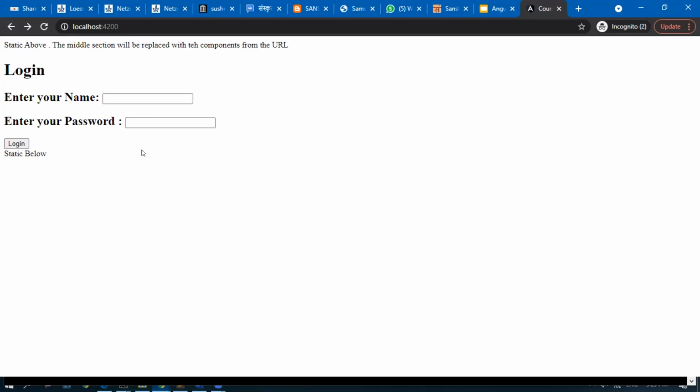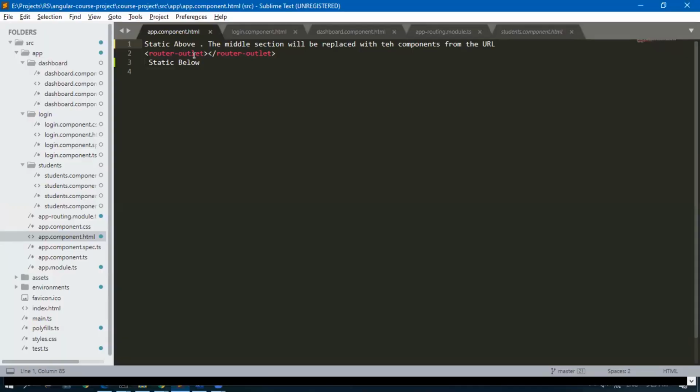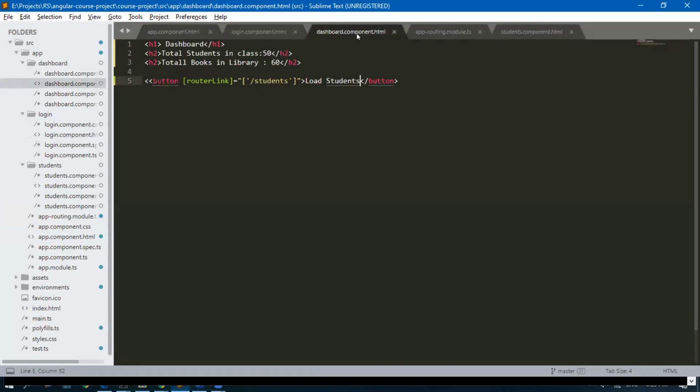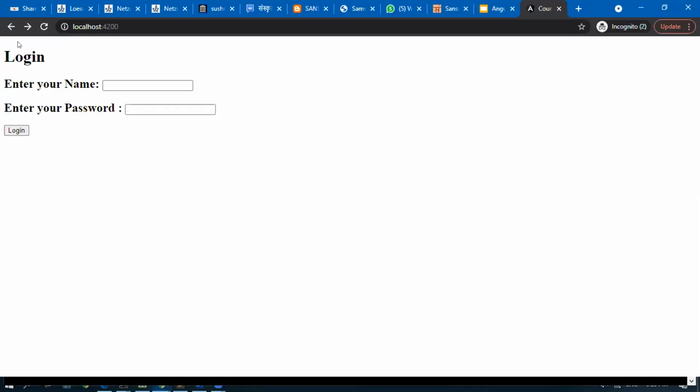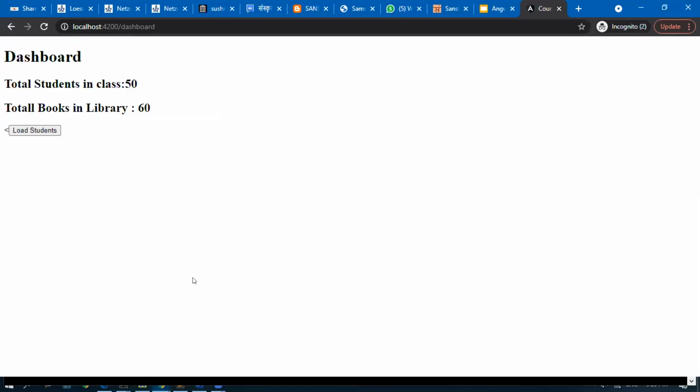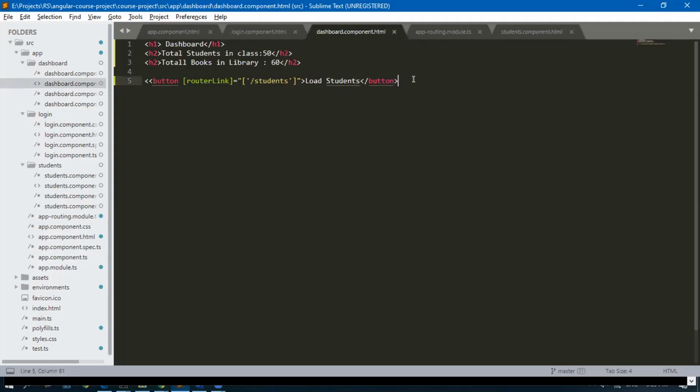So these are two ways of loading. But in the scenario where, in the dashboard itself, instead of a load student button, I want the students to be shown at the bottom.